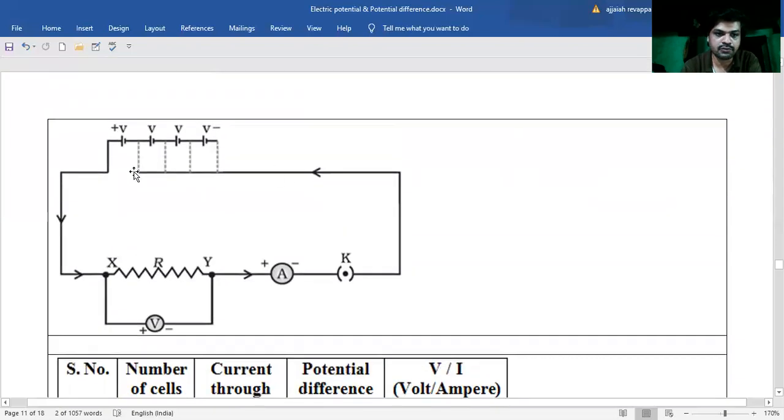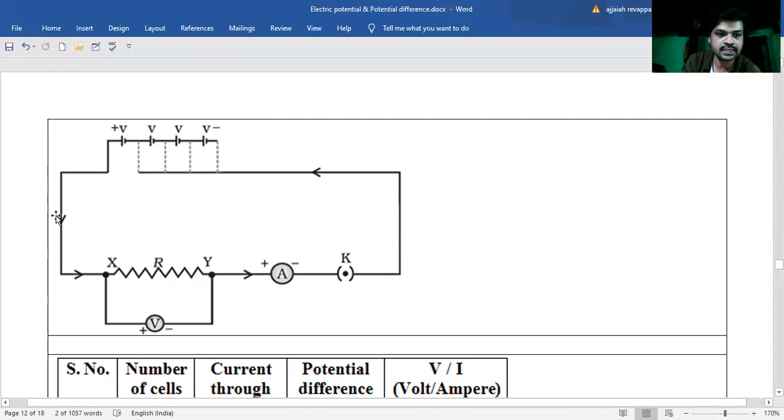See, here we have a circuit. You can see the components required to build this circuit. What is required is 4 cells. Here 1, 2, 3 and 4. 4 cells are required, with the same potential difference, say 1.5 volt each. So all the 4 cells are having potential difference 1.5 volt.